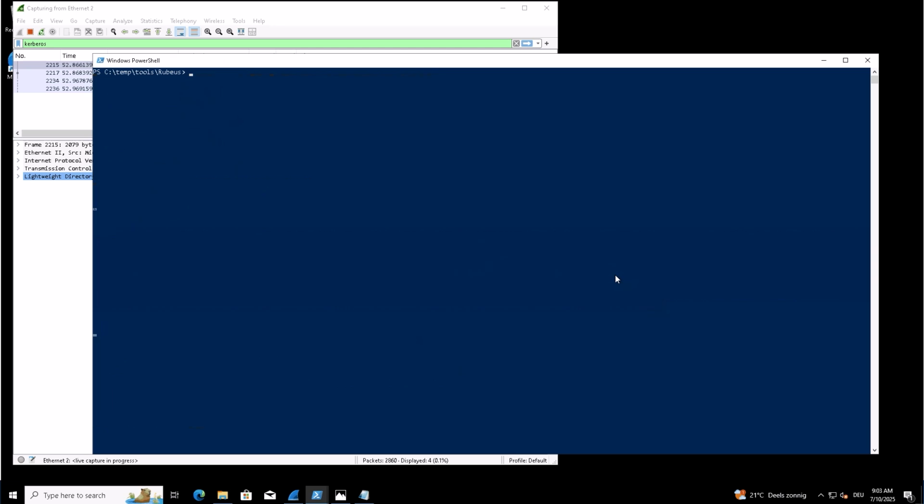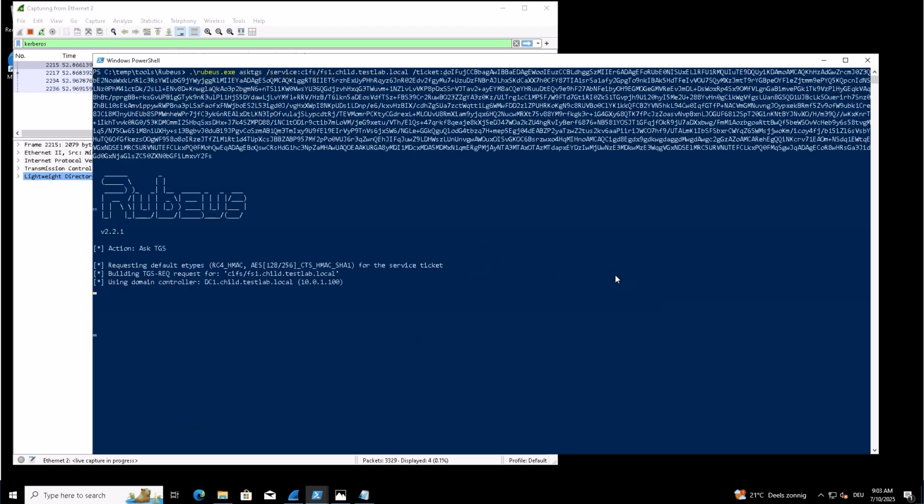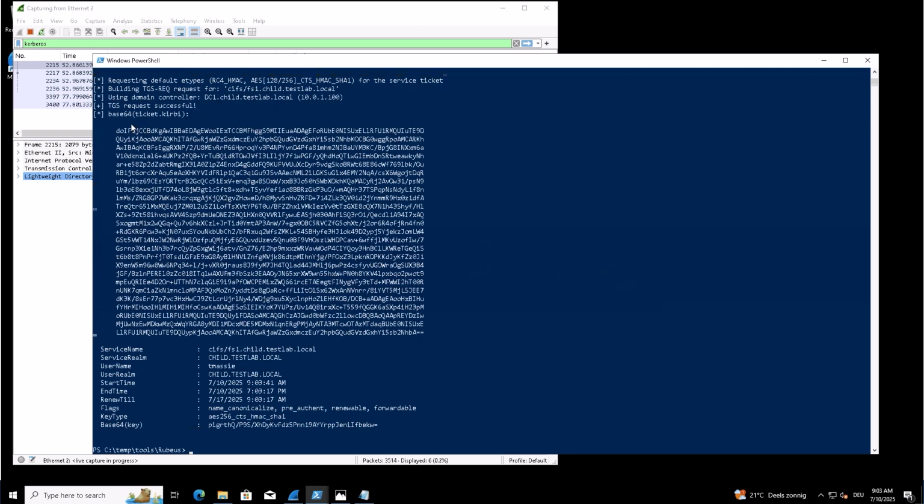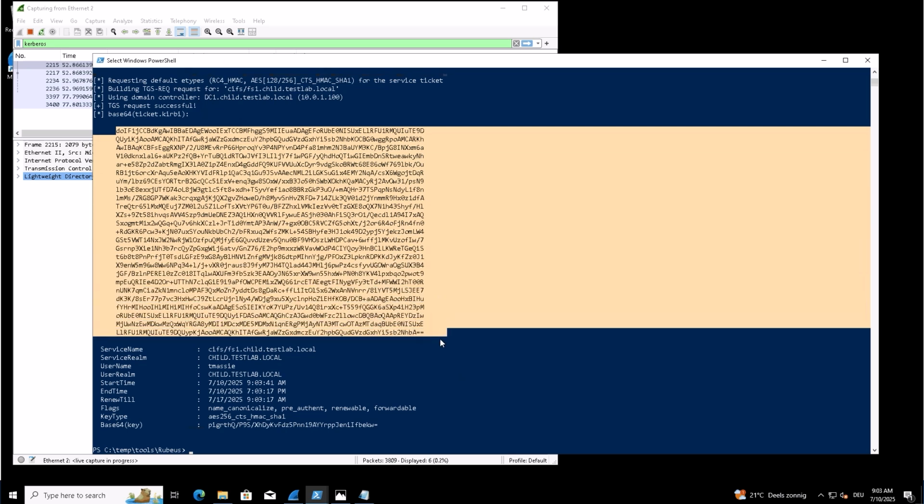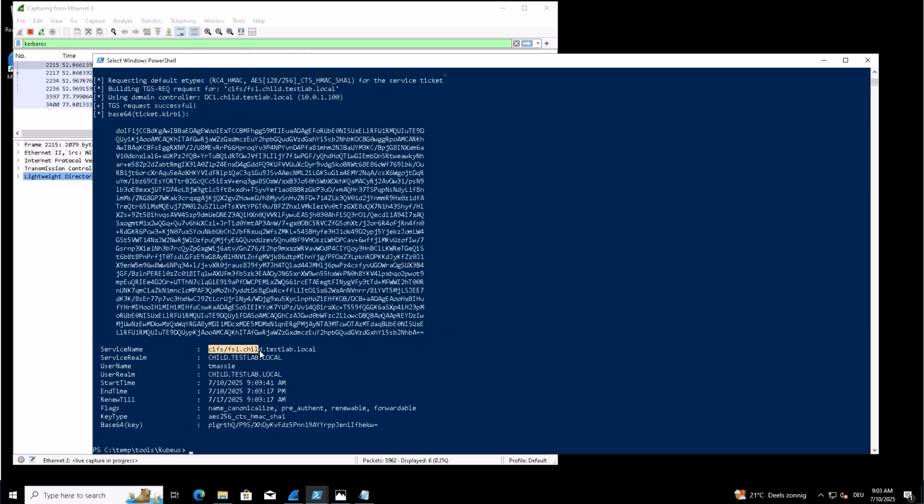What we are going to do now is request a service ticket, specifically for the service CIFS running on fs1.child.testlab.local, and we pass along our TGT. As a result, we get back a service ticket for the CIFS on fs1. Now we can already see in the output of Rubeus that we have some encryption types that we